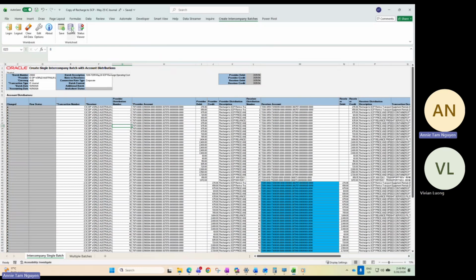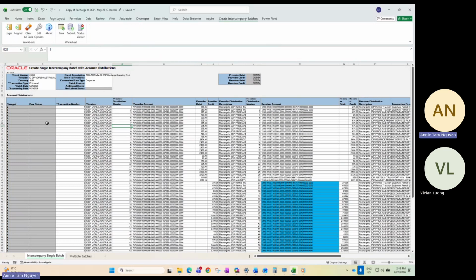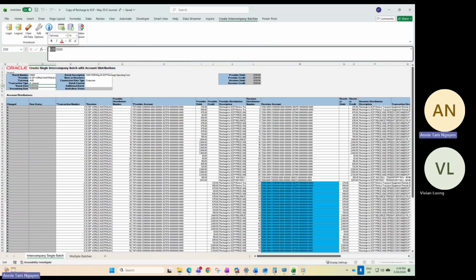No, there is a submit and everything. Oh, the batch date, how come it's 525? Your batch date? Yeah, because it's created yesterday, right? But it has to be 25th and then slash 5. Oh, it's the date here. I think I just follow the